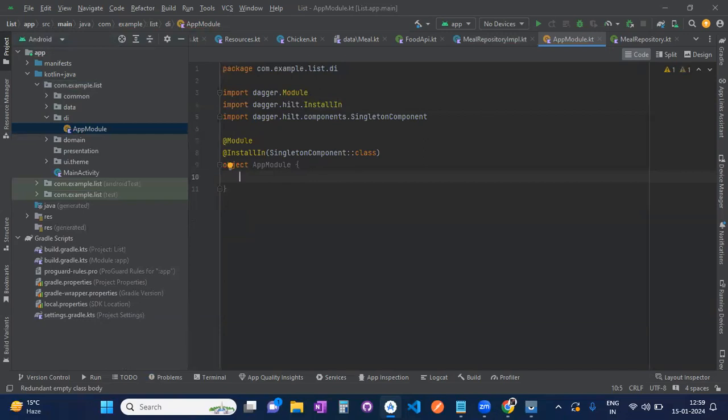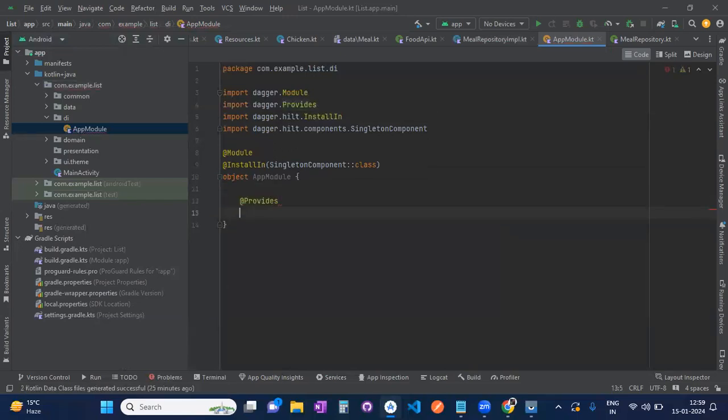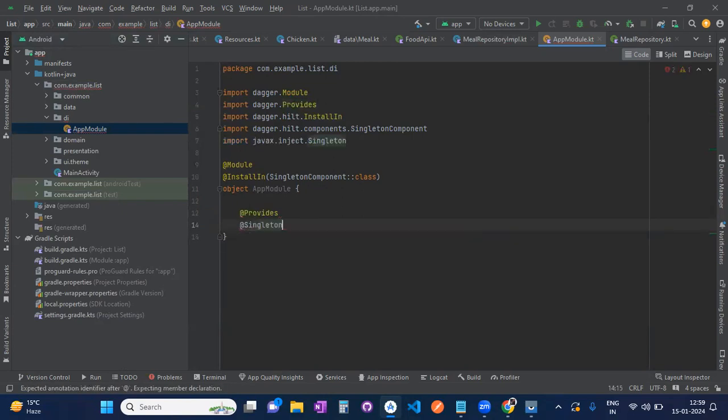Now what I will do is provide my dependencies to the API part, to the repository part, and to the meal use case which I will be making in the domain layer. So yes, just use the Provides annotation, and use